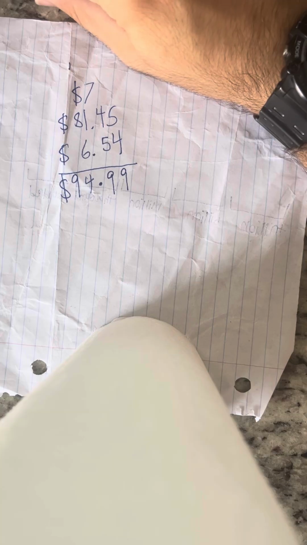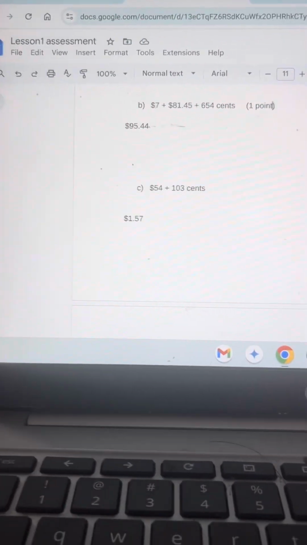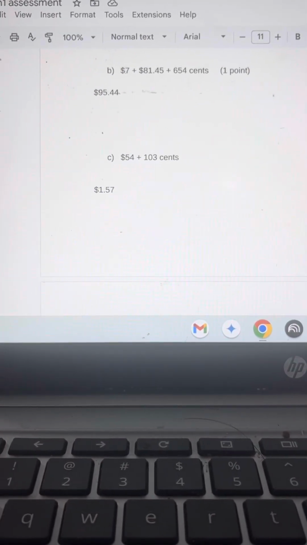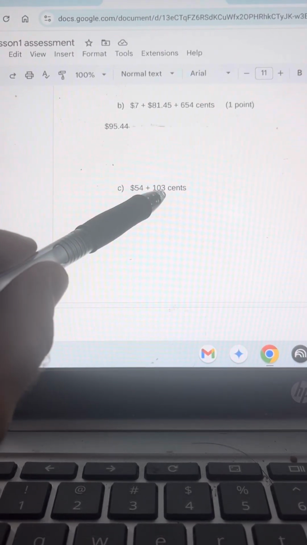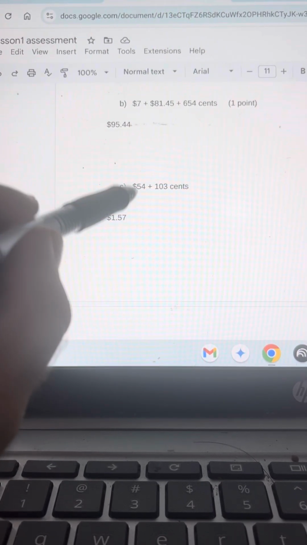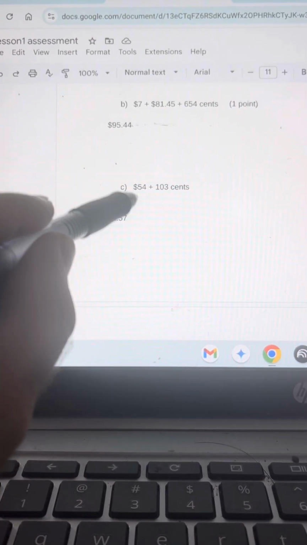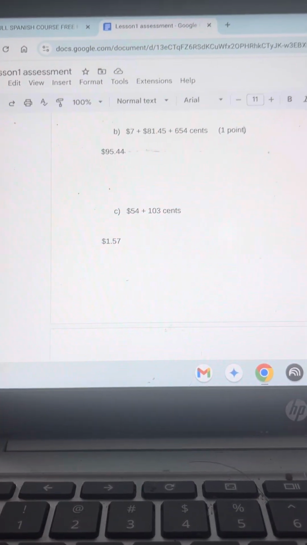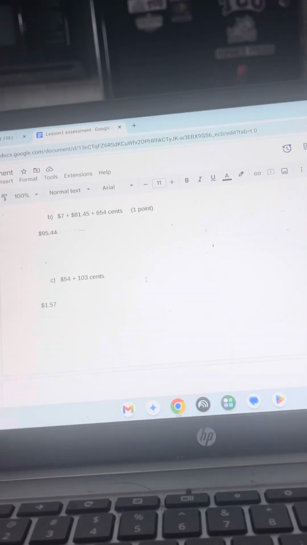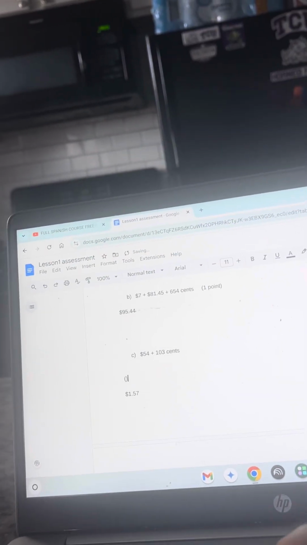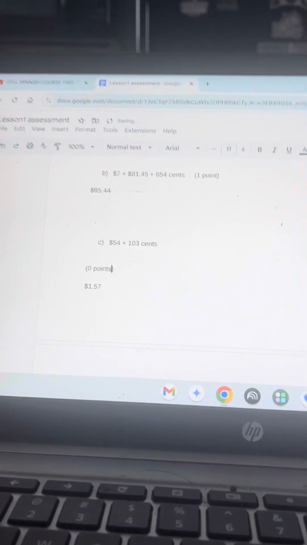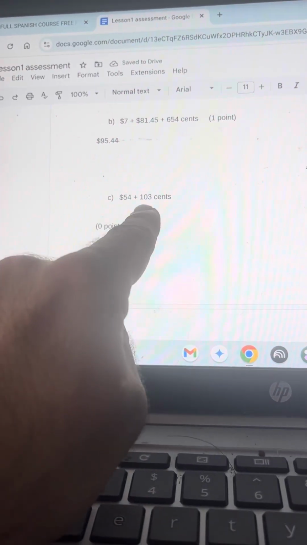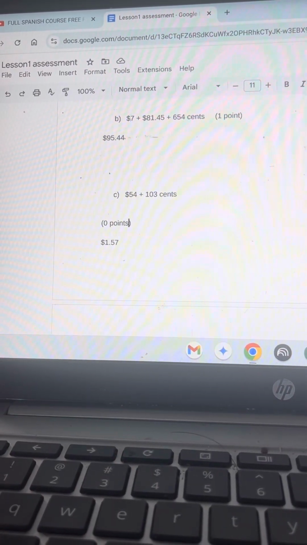Let's check part C. Okay, part C. You wrote $1.57. Well, this is $54, right? This is 103 cents. So you're adding more to $54. So how did you get less by adding to $54? You ended up with $1.57. So this is far from correct. So you won't unfortunately get any points for this one. But just to clarify, remember, $54 plus 103 cents. How would you convert 103 cents to dollar format? It'd be